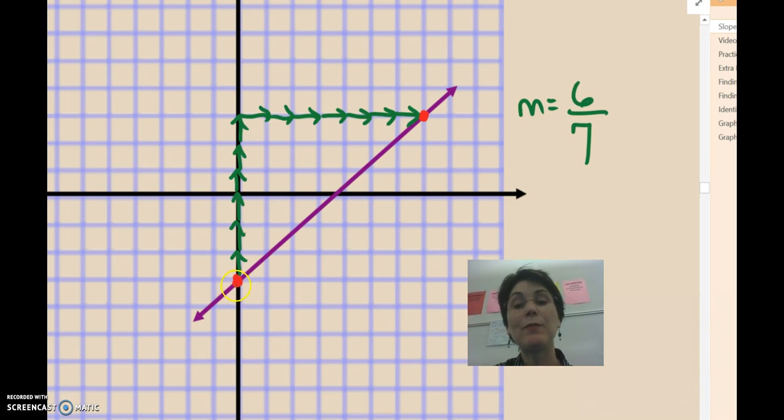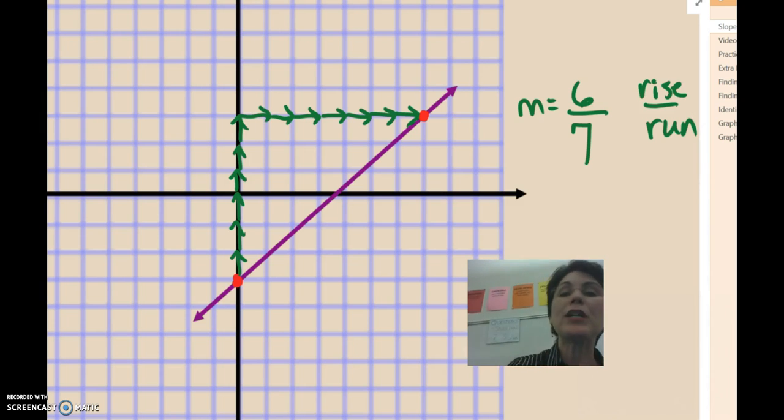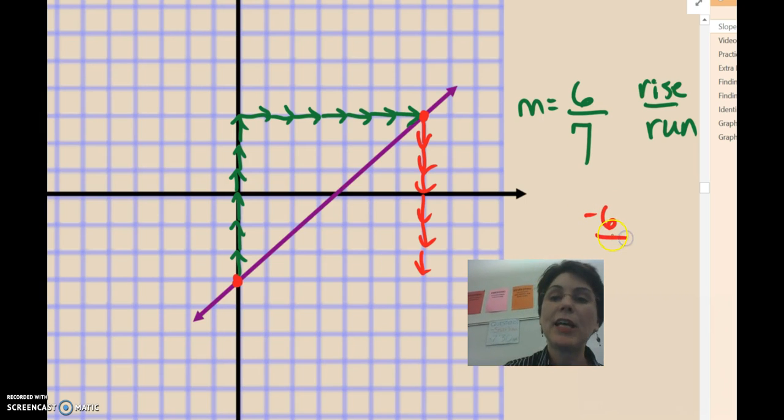Okay, so moving from the bottom point up, I go up 1, 2, 3, 4, 5, 6, so that gives me my numerator, and then I move sideways 1, 2, 3, 4, 5, 6, 7. That is my denominator. Remember, this is rise over run: how far up we go over how far sideways we go. Both of them were in the positive direction. Now we could do it the other way around. We could go down 1, 2, 3, 4, 5, 6, and get -6, and go backwards 1, 2, 3, 4, 5, 6, 7, and get negative 7. But again, our slope would